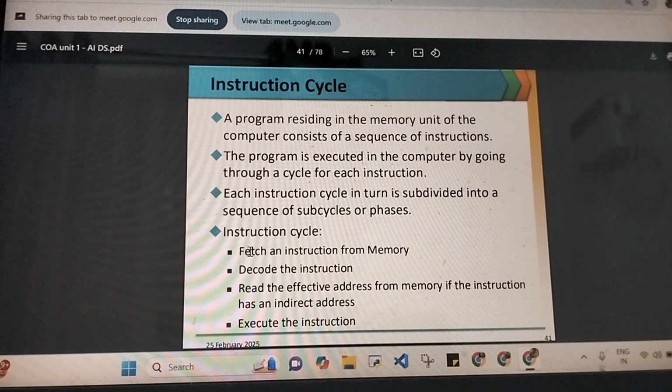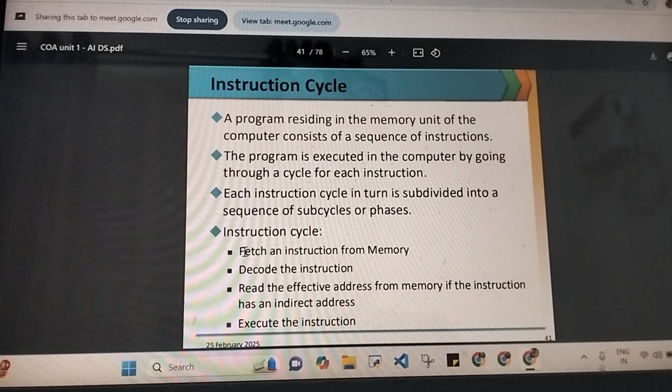Fetch is where the instruction is brought from the main memory to the CPU. It includes the first 4-5 micro operations where the instruction's address gets loaded into the IR. From there it goes to the MAR. The MAR sends a read signal to the specific location of the memory. From that location the instruction is picked up and transmitted by means of a bus to the MDR, and from the MDR it goes to the control unit. This is the fetch stage.